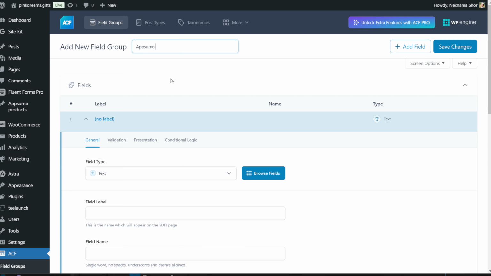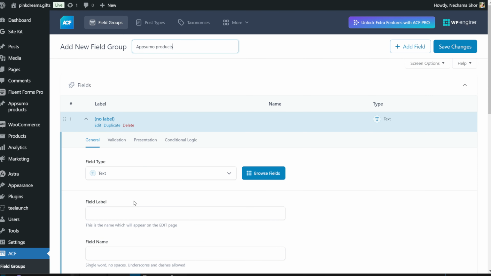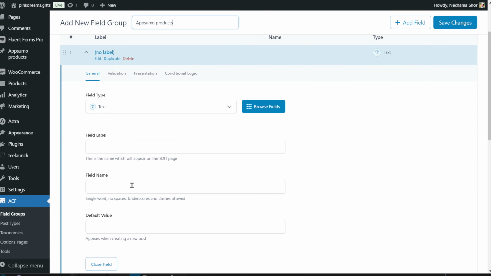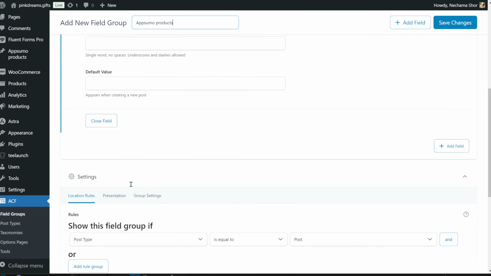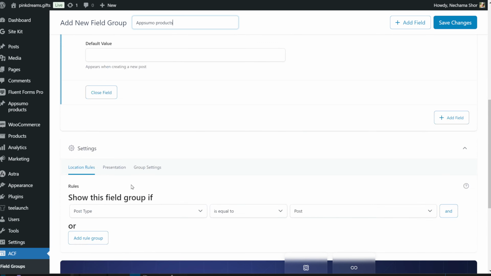If you're creating different post types for different affiliate products, you can manage them separately from here. Give the field group a name that matches the post type. So for us, it's AppSumo products. There are two parts on this page. One is where you add all the fields, and the other is where you set the rules for when those fields will show up. You can add some customization, but I'll focus only on what's needed for this post type